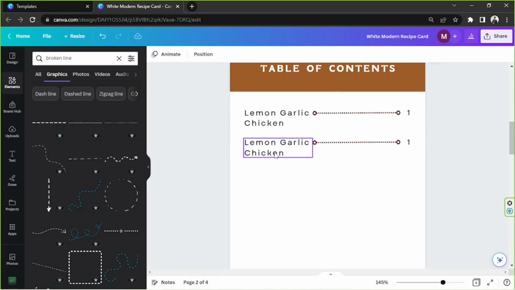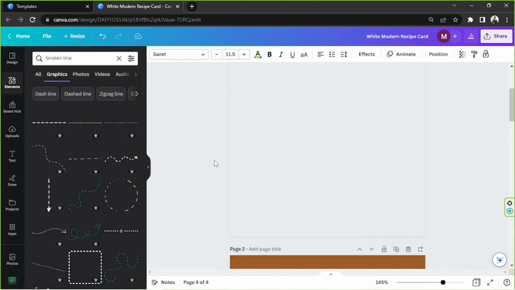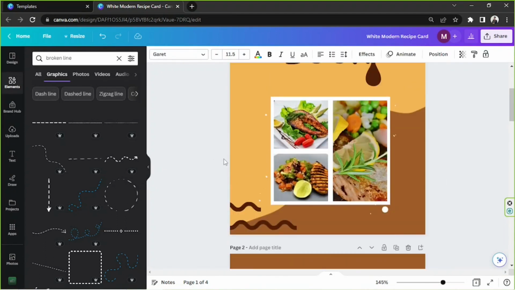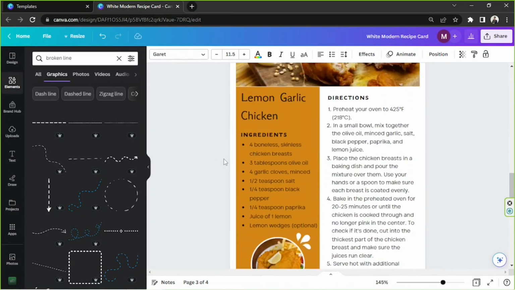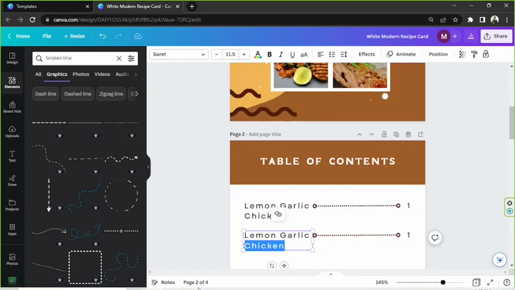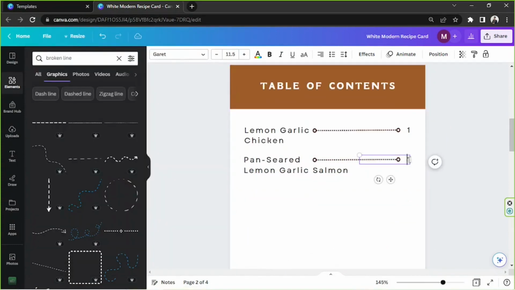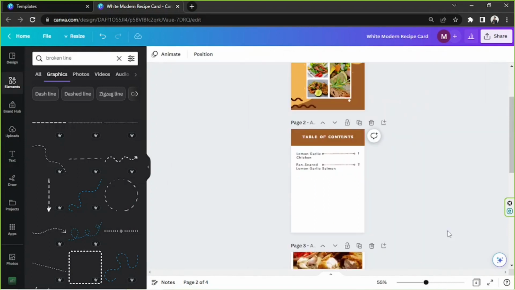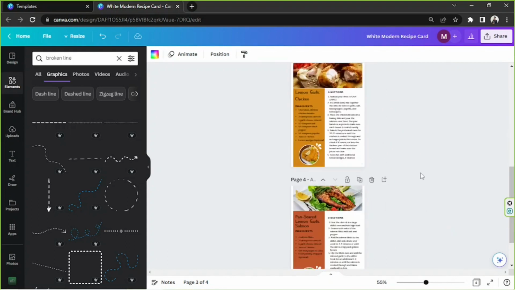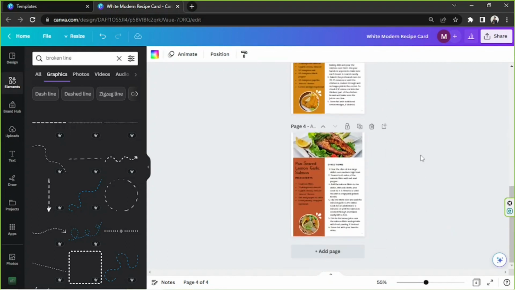And then change this to our second recipe. So our second recipe is, just going to go to my notepad and then change it to 2. And just like that. So just keep on adding content here depending on how many recipes you have on your